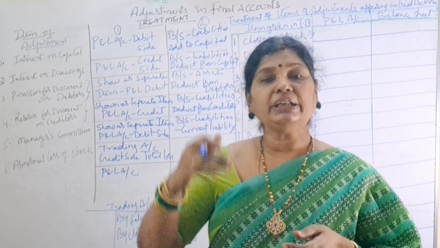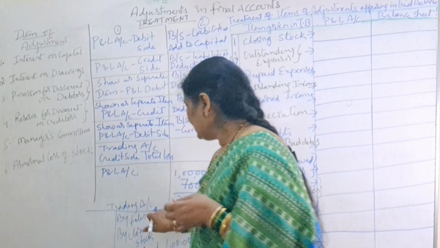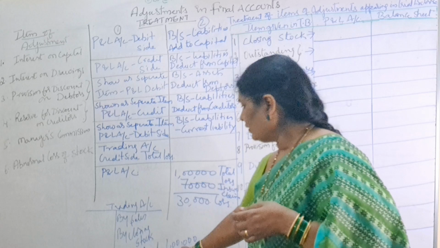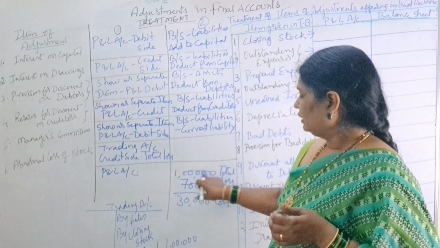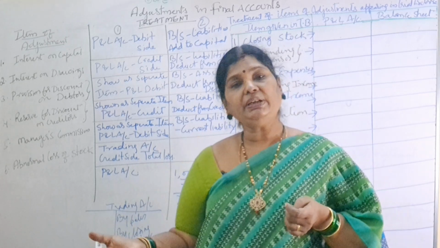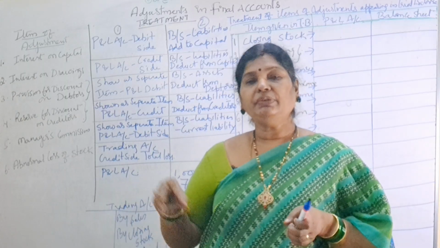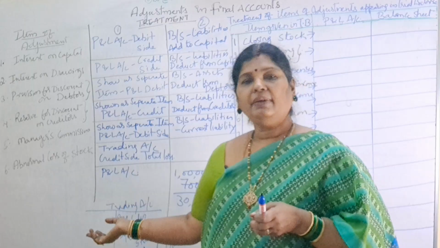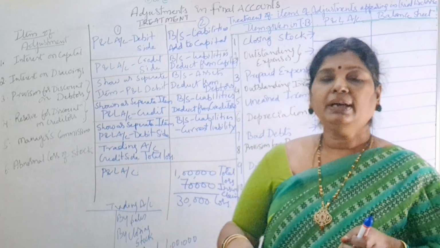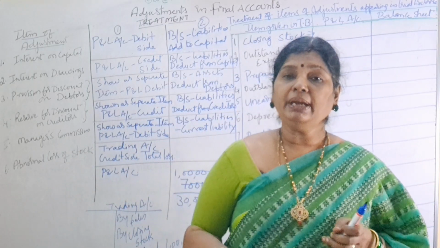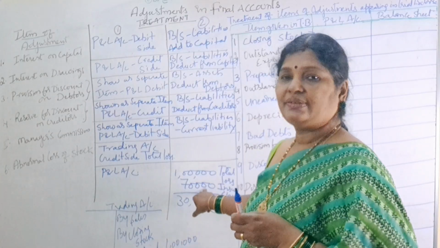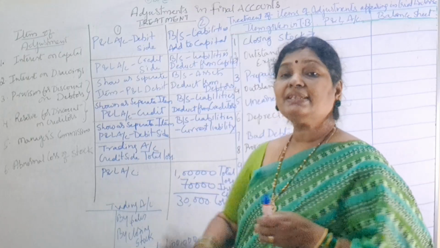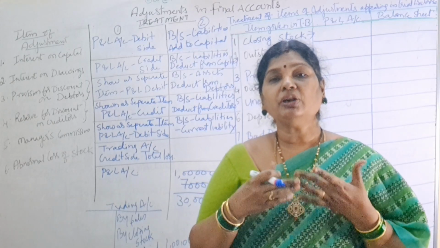How do we have to show it? Go to the credit side of the trading account. This is which side? Credit side. After sales and closing stock, we have to write by abnormal loss. And what's the total loss we have incurred? 1 lakh, right? Already our business has some insurance. So we wanted to settle our insurance claim and we submitted our request. The insurance company settled our claim and they gave us how much amount? 70,000, right? So how much could we not recover? 30,000. This is our loss which we could not recover.